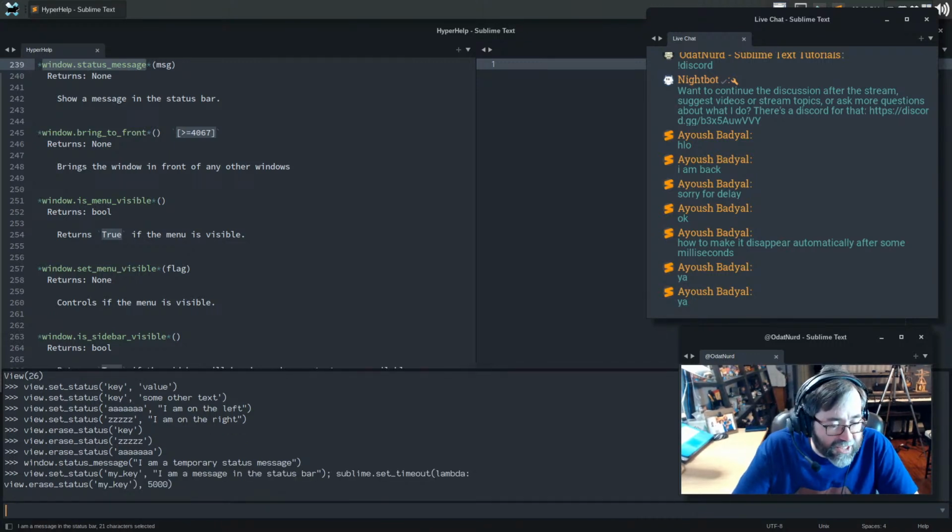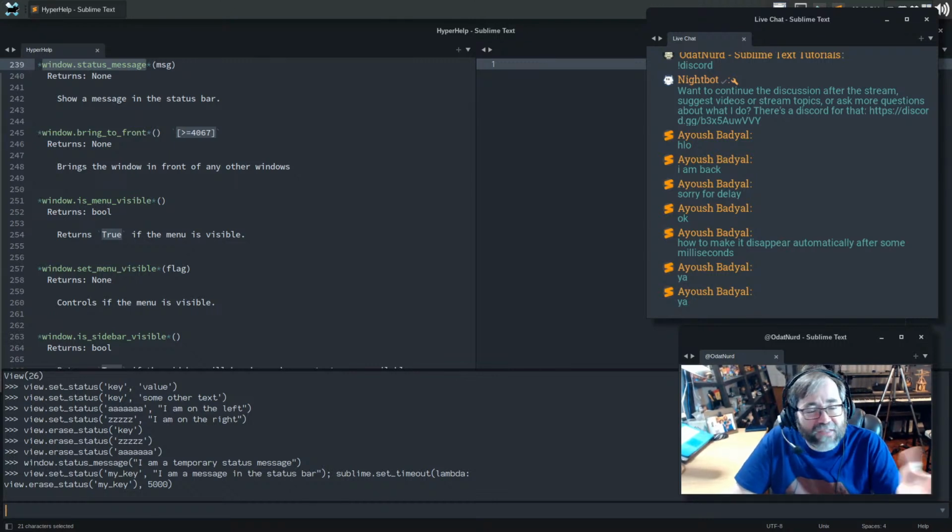I hit it. That message is displayed in there. It's displayed at the left, and if we wait 4 or 5 seconds, it automatically goes away. So that's another way that you could do something like that if you wanted to position your message somewhere in a specific part of the status bar and still have it magically go away on its own.